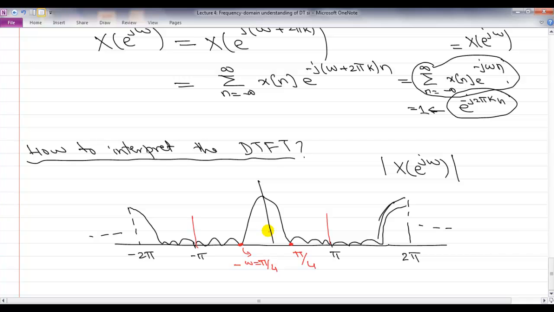And we talked about earlier that frequencies which are near 0 in discrete time are called low frequencies. So what this means is that this signal has a relatively high presence of low frequencies. So this is what the amplitude plot of the DTFT can tell you: whether the signal has more high frequencies in it than low frequencies, and what is the magnitude of them. We are not plotting the phase here.